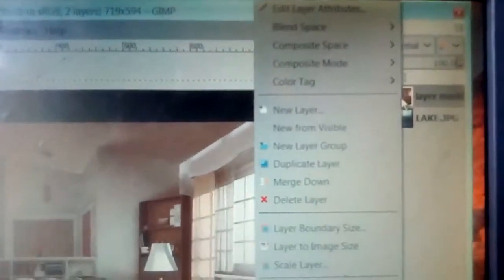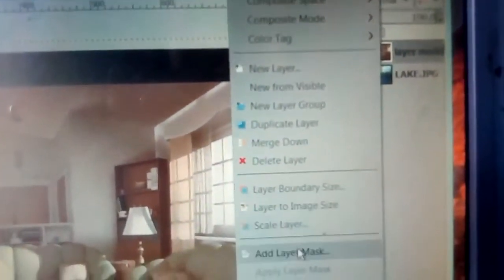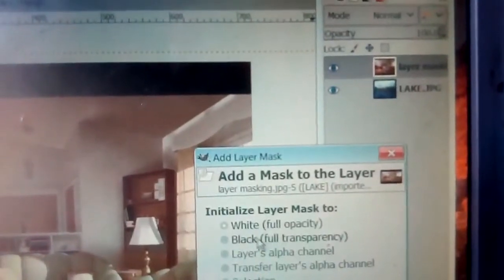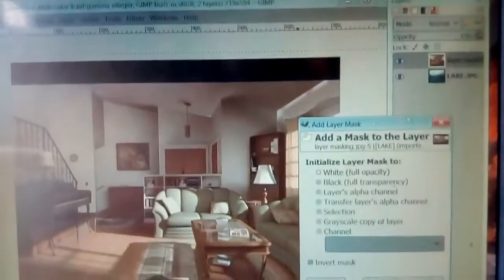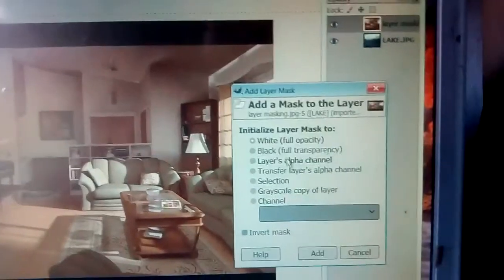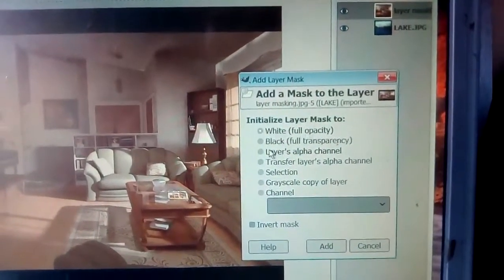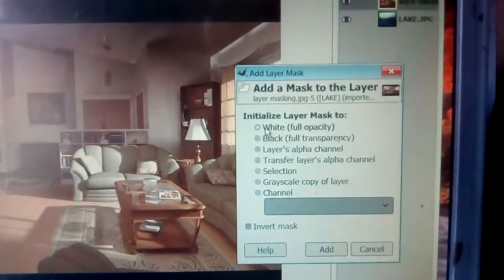Now right click on this layer masking, and then add layer mask. Here you see the add layer mask dialog box is opened. So white or black, anyone you can take.